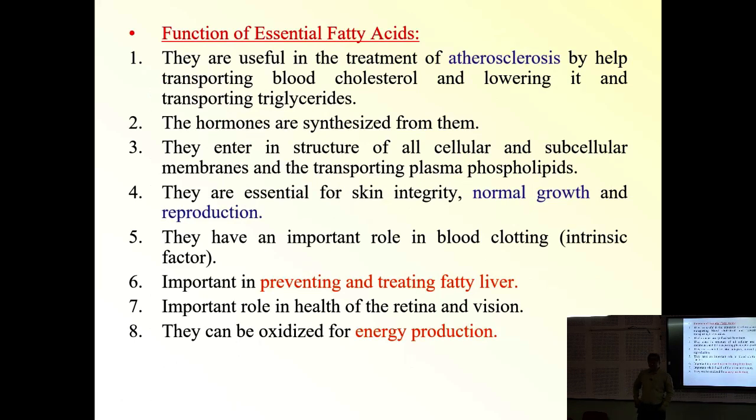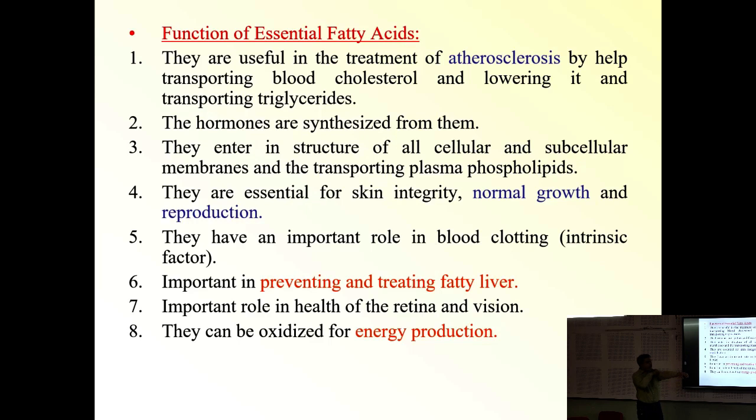Now, what is the function of essential fatty acid? Why are we taking these essential fatty acids? Whether they are useful in the treatment of atherosclerosis. Atherosclerosis is the medical terminology. I will give you in depth what the atherogenic index and thrombogenic index are. These are certain lipid indices which will show you a deficiency disease caused by these essential fatty acids. They are useful in the treatment of atherosclerosis: arachidonic acid, linoleic acid, linolenic acids.